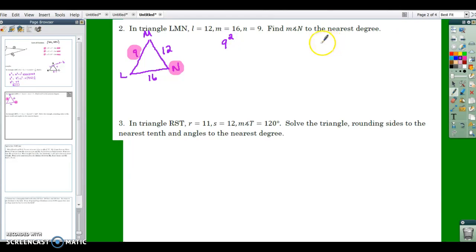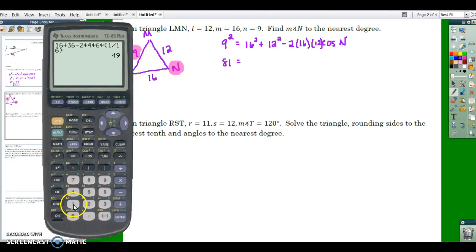And on the other end, I have cosine of n. It's magic, okay. So then the rest of my formula is the square of the other two sides added together minus 2 times the product of the other two sides times the cosine of that angle. Okay, so that would give me 81 is equal to 16 squared, which is, and I don't know why I always draw a blank on that,